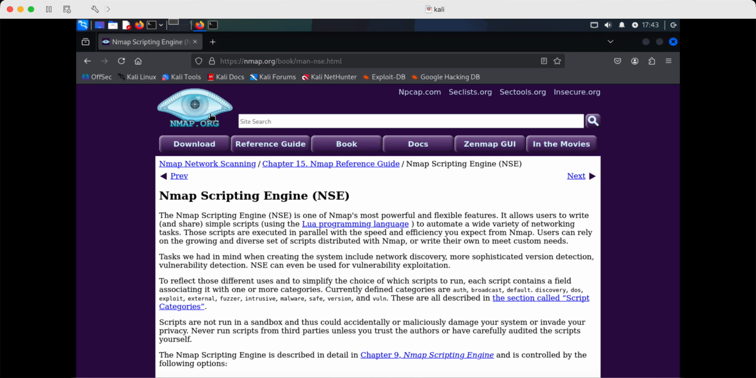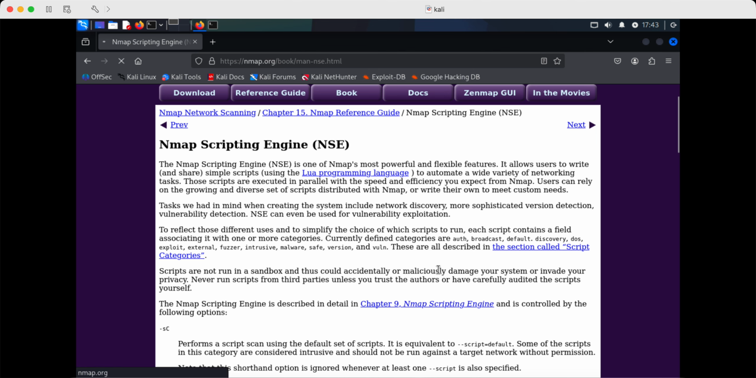Now the next scan, we'll be using the script scan, which is using the NSE database. Now what is the NSE database? The NSE database is an inbuilt database of malware, exploits, external, fuzzer, intrusive, safe, version, vuln, auth, broadcast, default, discovery, and DOS. All these categories are there in that particular database, and these categories are basically used by the dash script